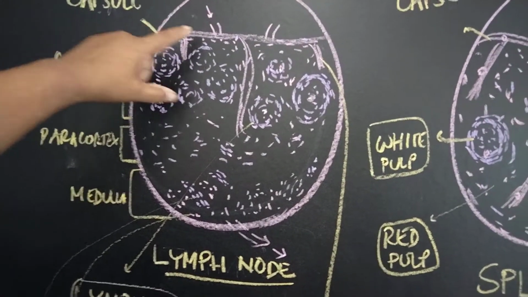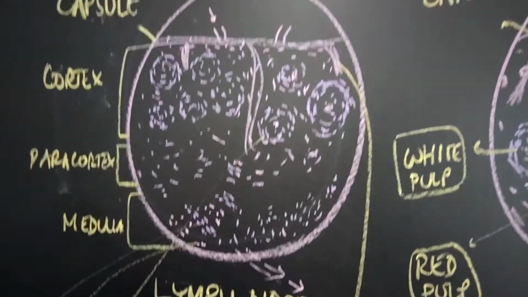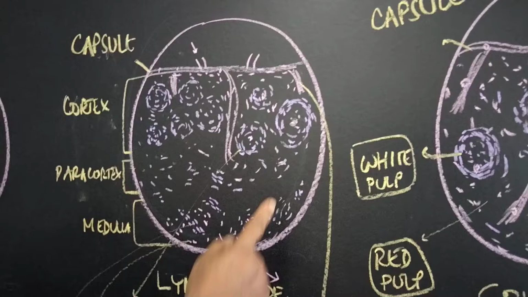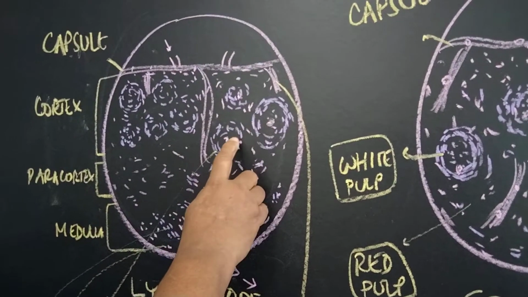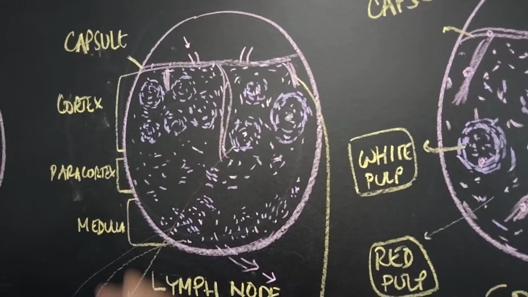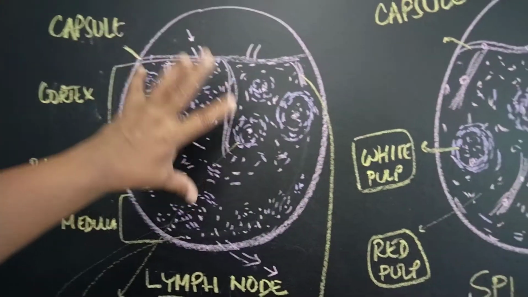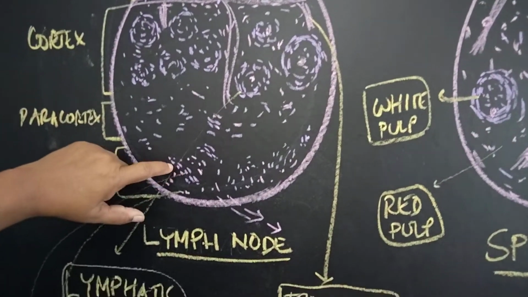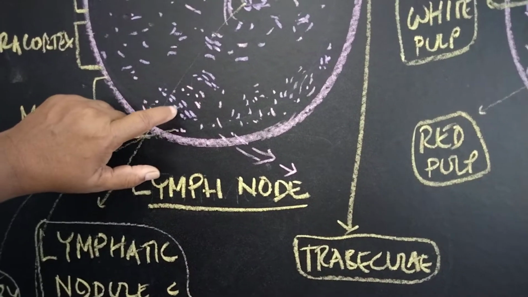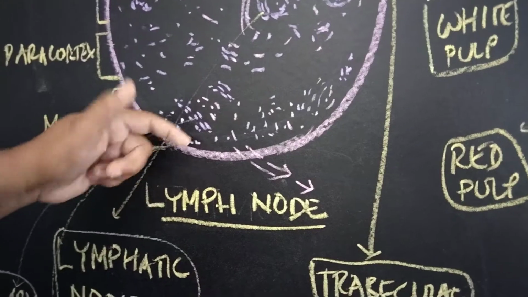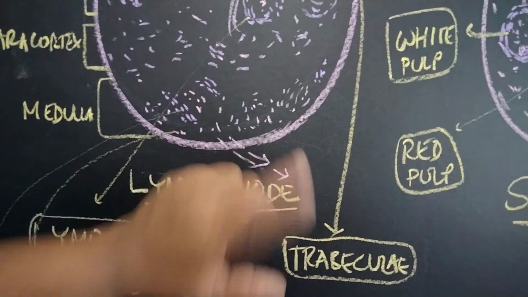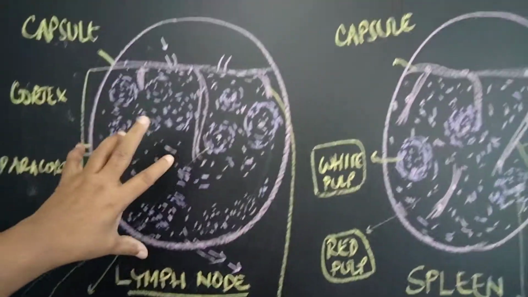The cortex has the lymphatic follicles, and as the lymph node is a very important organ with respect to the defense mechanism, there is a center within it which is called the germinal center. There is production of lymphocytes in the lymph node from the germinal center. In the medulla there are cord-like structures called the medullary cords, and the sinuses are called the medullary sinuses. They ultimately come out from the hilum of the lymph node as the efferent channel. So these are the features of the lymph node.